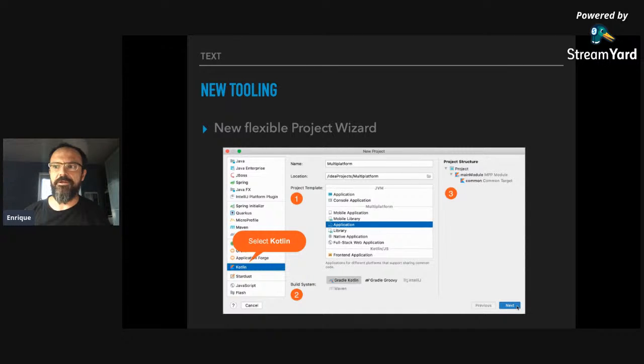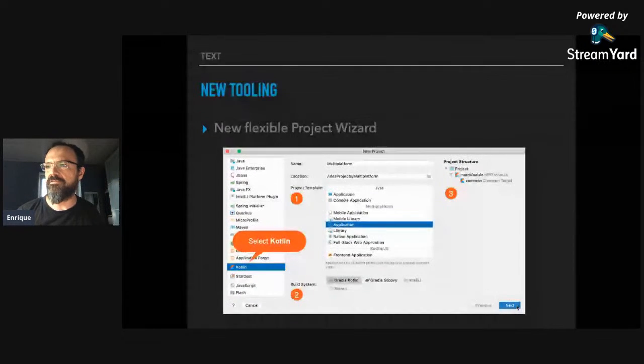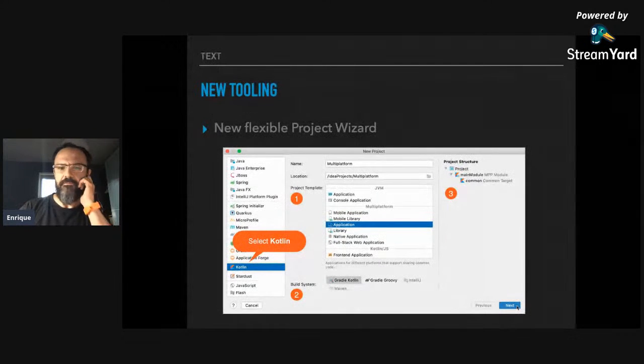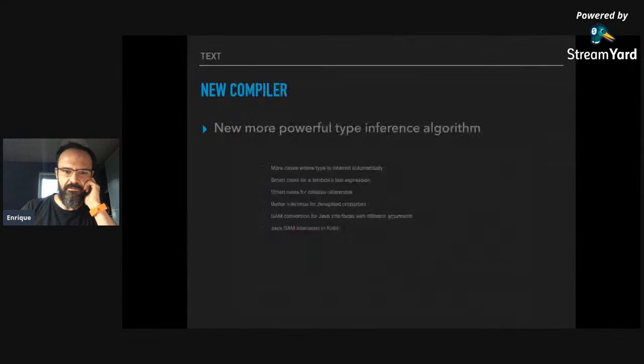I think in previous versions it was not even fully compiling the final project. But now it seems very straightforward. Here in this example, for a multi-platform project, you can specify if you want to make an application, a library, a native application, a full stack web application, whatever. Then the new compiler, as I mentioned, has been focusing mostly on